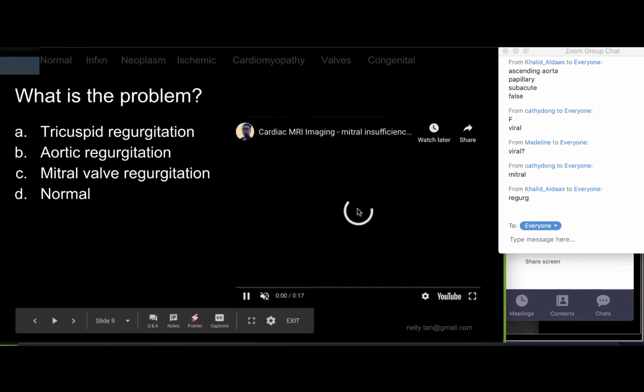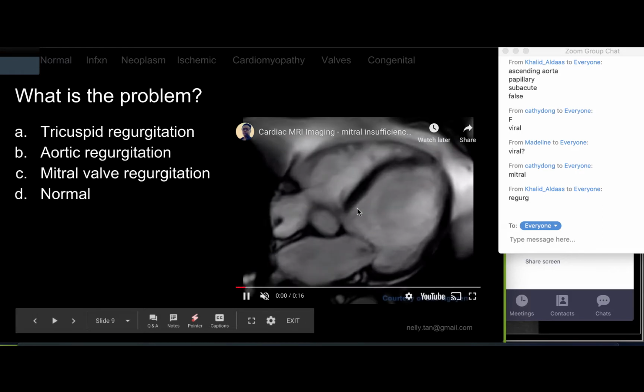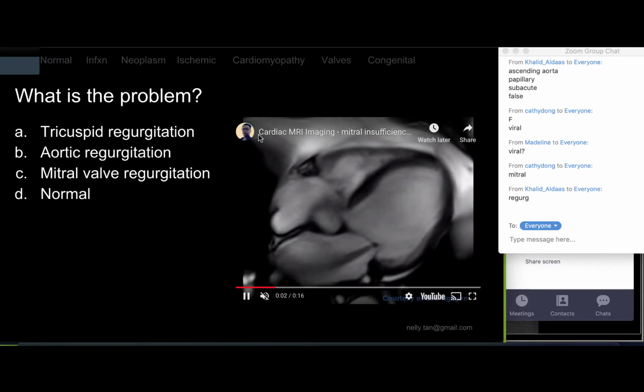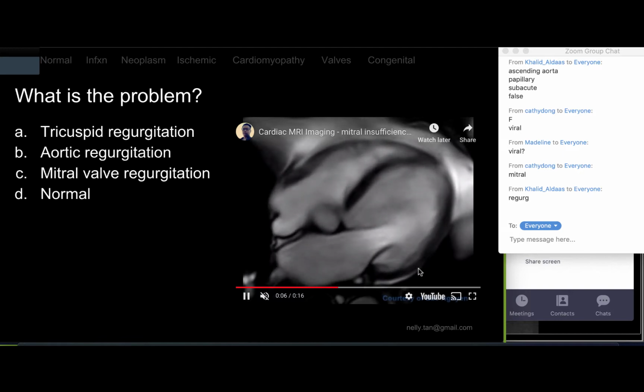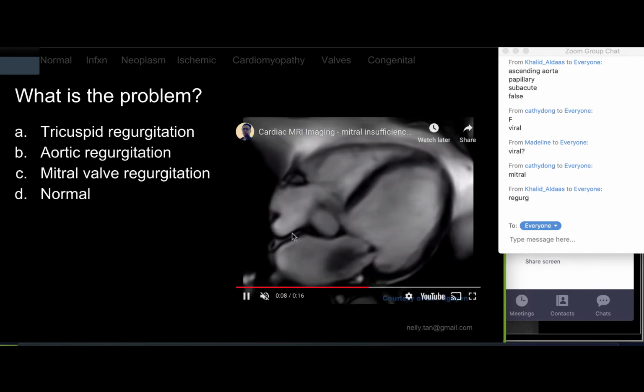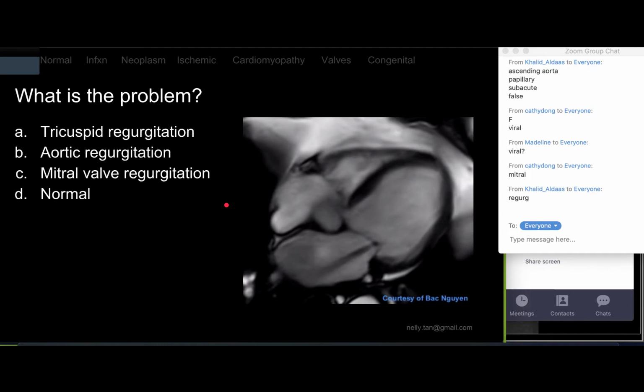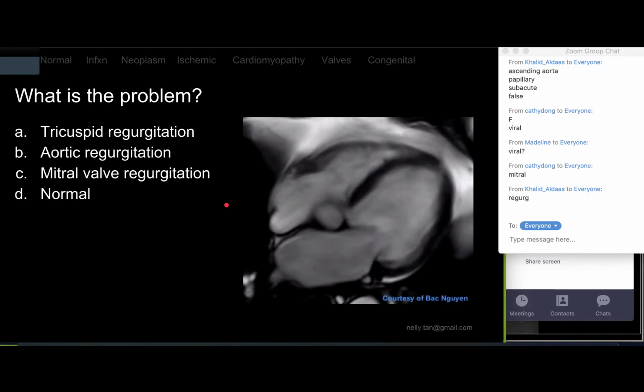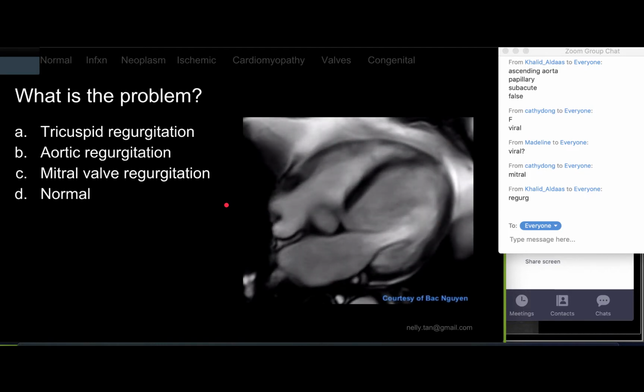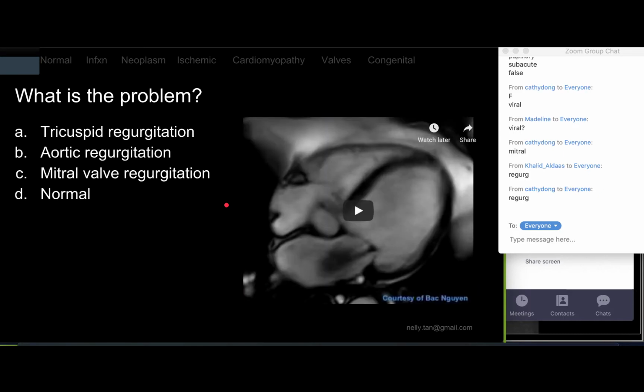What is the problem here? So this is a cardiac cine that I took from YouTube. So what do you see here? This is a cardiac cine MR. This is part of the MRI protocol for the heart. What do you see here? What kind of regurgitation? Tricuspid, aortic, mitral,